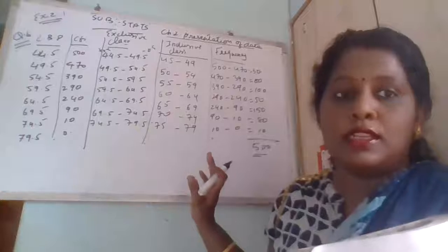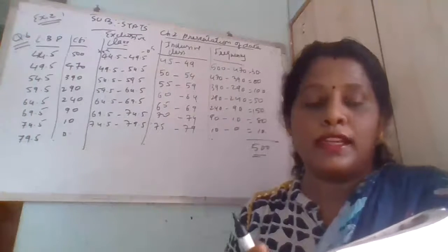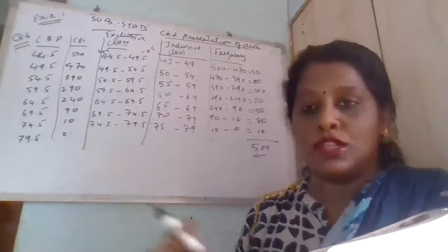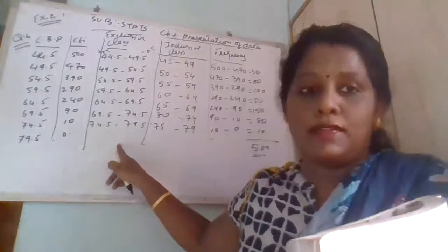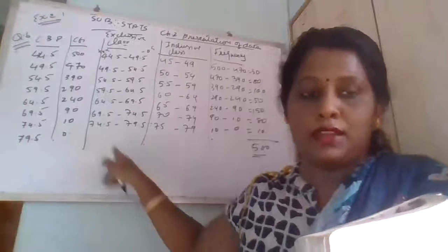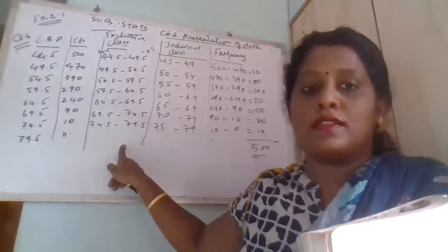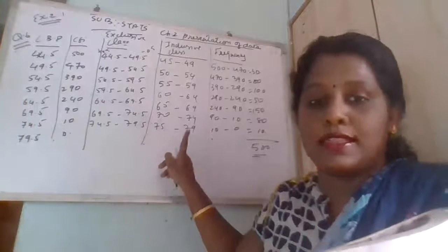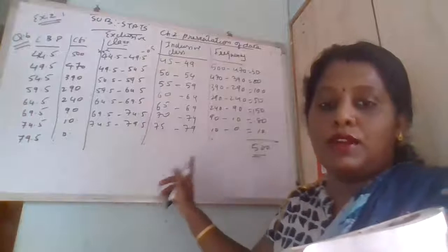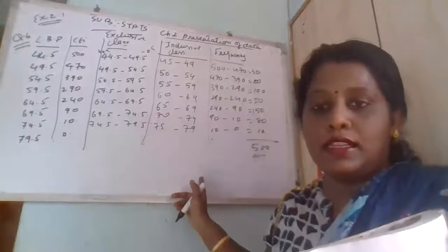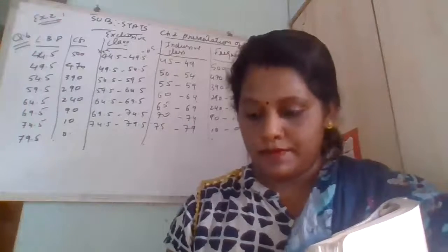In this question, the lower boundary point and CF were given, and it is told to find an inclusive frequency distribution. So first, with the help of the lower boundary point, you found the exclusive class. इससे exclusive class ही मिलेगा क्योंकि ये point पे है ना. So with the help of this exclusive class, you found the inclusive class, and after finding the inclusive class, you found the frequency. So this is the way you have to solve the sum, right? This is the solution of your sixth question. Now let's see our seventh sum.